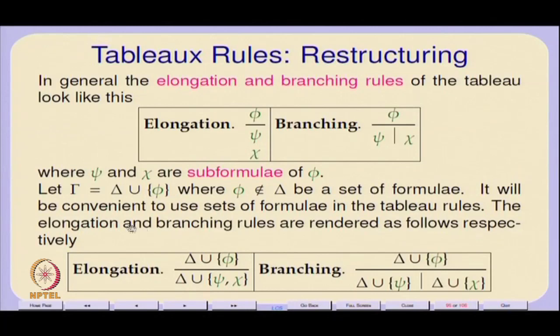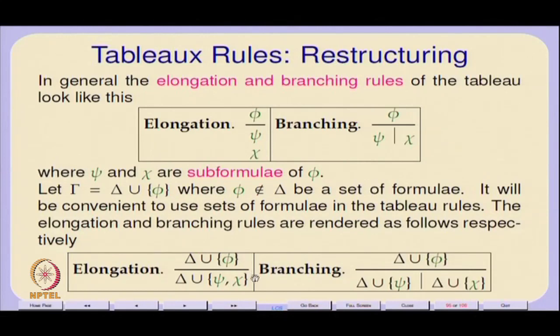So, one way of restructuring the tableau rules in terms of sets of formulae is this. When you have an argument, that argument is converted into a set of formulae, and you want to prove either the unsatisfiability of that argument or that there is a falsifying assignment for that argument. Okay. So, in either case we can think of